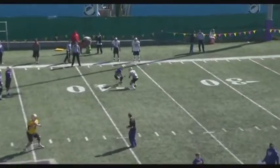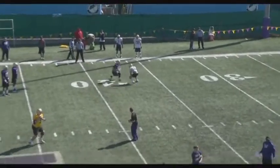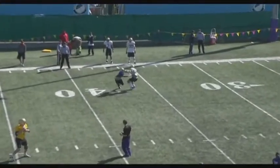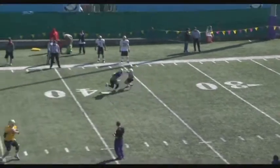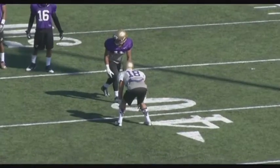All right, so now we got some one-on-ones here. So again, we're talking about creating momentum, right? Getting the guy out of his comfort zone. Get the DB to think, to get him out of his comfort zone where he can't just sit there and play you man-to-man coverage. So from the back view here, we're going to take 3 hard steps, get the guy,